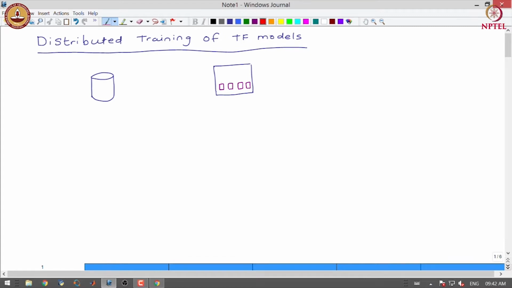The model will probably get trained only on one of the GPUs. So, here is a typical situation where we have resources, but we are not able to use them. If we want to use all these resources, we have to specify how the training gets distributed across these GPUs. There could be another situation where you might have a cluster of machines